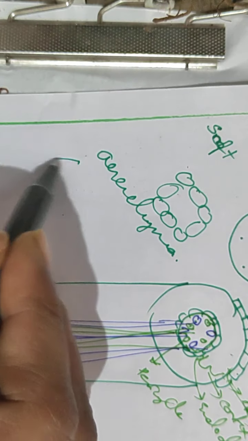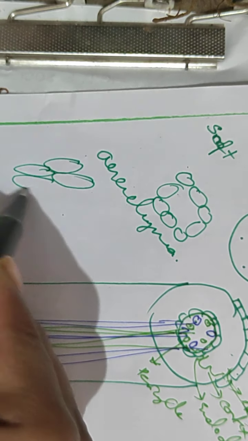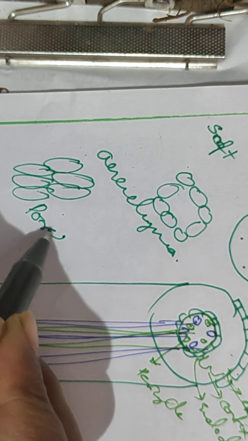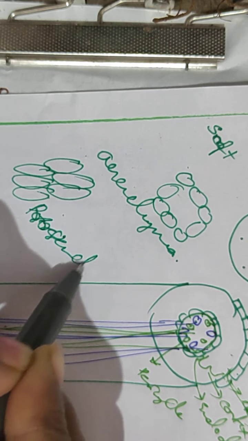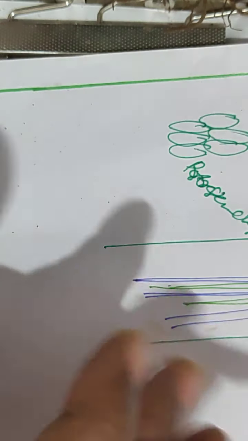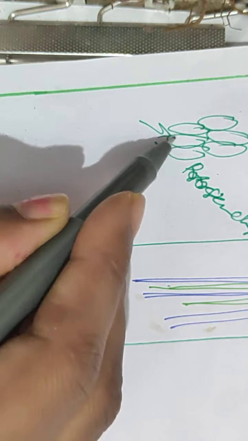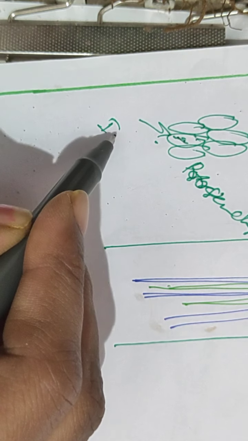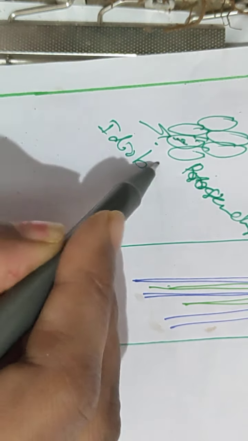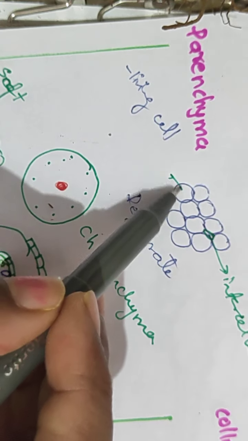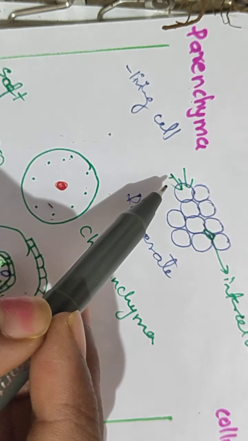If the parenchymatous cells are elongated and compactly arranged, we call such cells prosenchyma. If the cells store some kind of waste accumulated in that plant, we call them idioblast cells. In this fashion, the parenchyma is divided. It has a very thin wall, so it permeates all the molecules more easily.